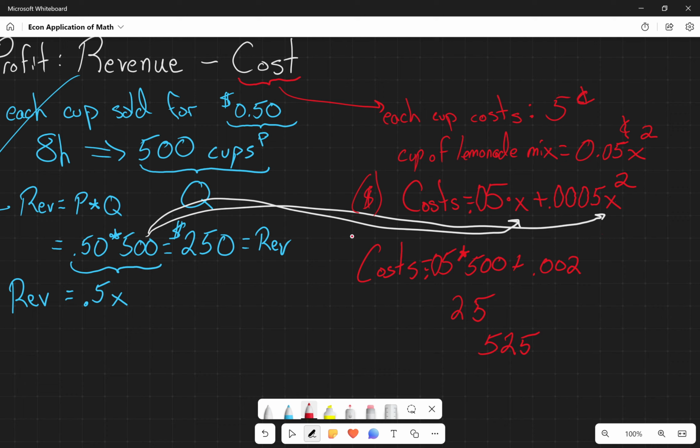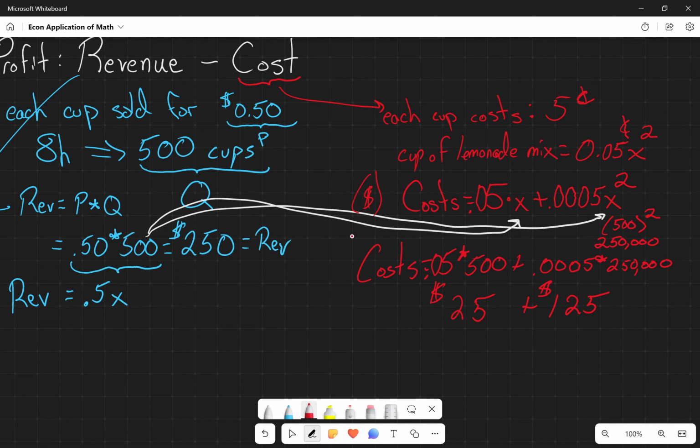Should be 100. 100, yeah. Okay, thank you. So we put this 500 in here. We get 500 squared there. 500 squared is 250,000. So then when we take 0.0005 times 250,000, it gives us what I wanted,